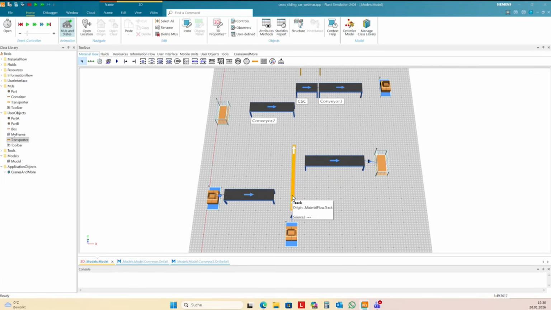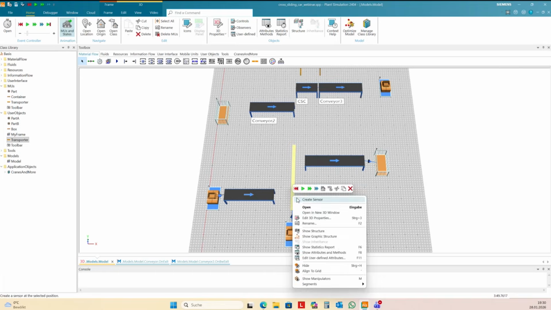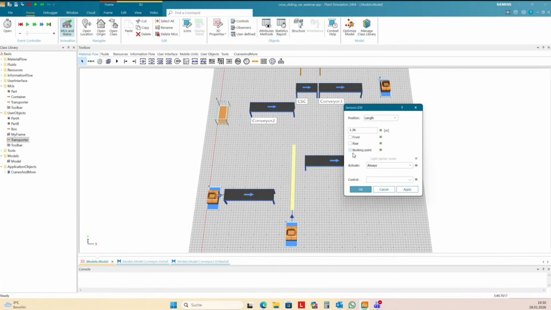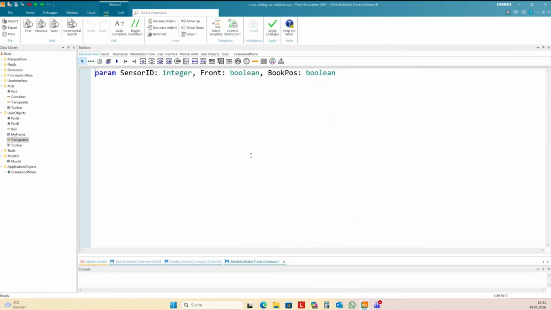So I start here with a sensor. I take also the booking point and F4 to create a new sensor control. And here I need to stop the transporter.